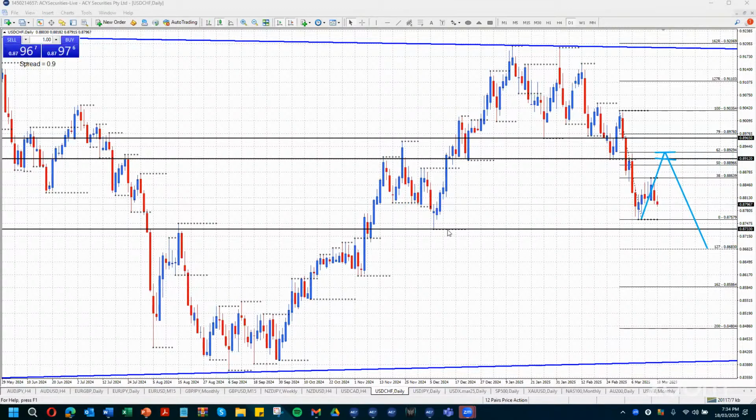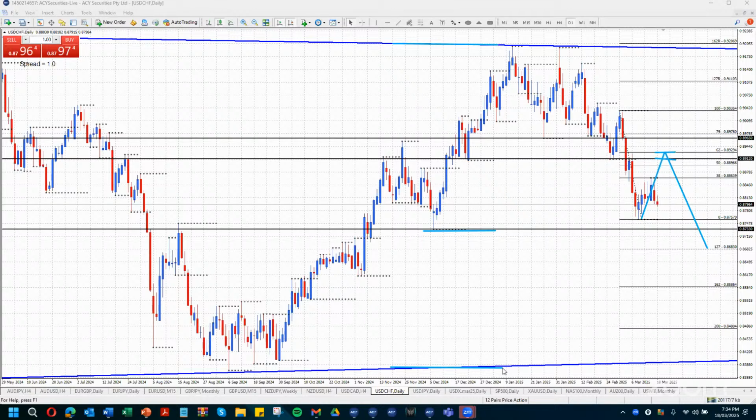Yes, the trends are down. I'd be cautious at this weekly low because 87.32, I draw a line there. It's really in the middle of my weekly consolidation area. When you get in the middle of a consolidation area, it can go either way. So it doesn't excite me to get short, even though I can see where the trend is. It doesn't excite me to get short in that area.